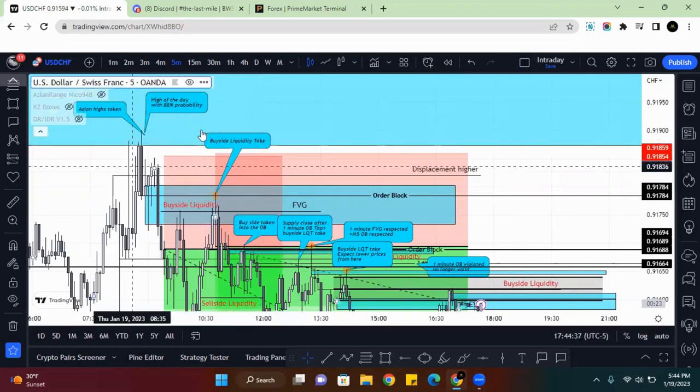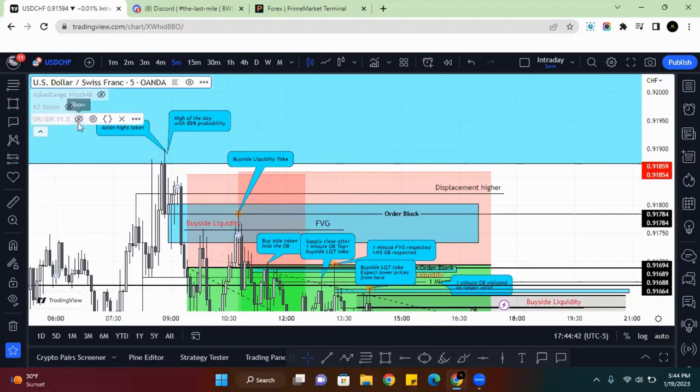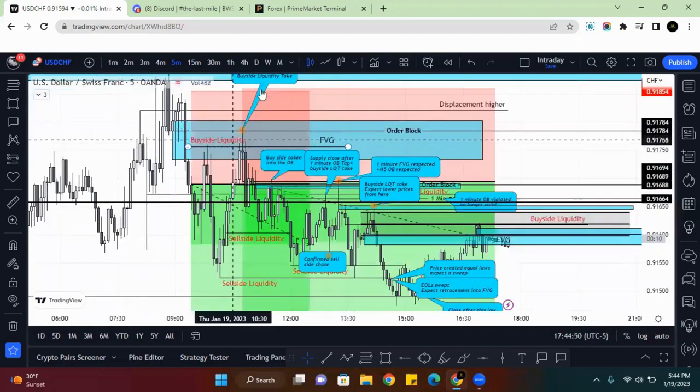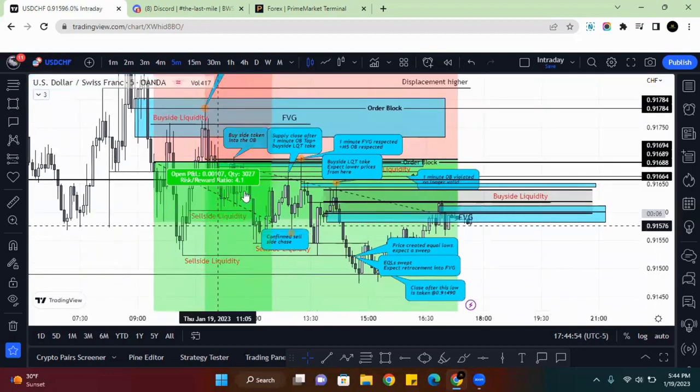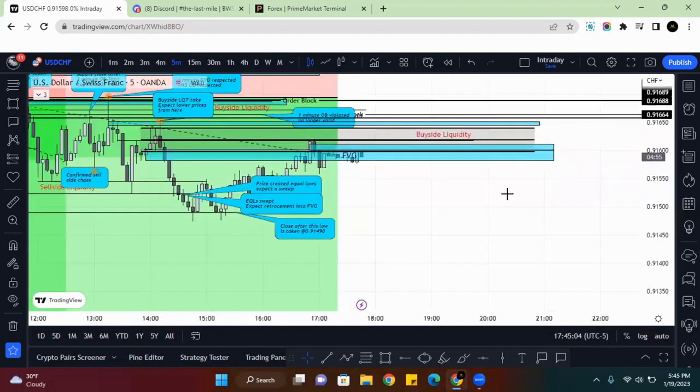So I had Asian highs taken. I gauged that there's an 88% probability based on the DR, IDR, Asian highs taken, and then the actual daily draw on liquidity. After buy side was taken, I marked that up and noticed that price did end up dropping after that, obviously, to chase what was next, which was sell side. So price created sell side, rallied back up, and then took it, right? At that point, I knew I was correct on the trade.